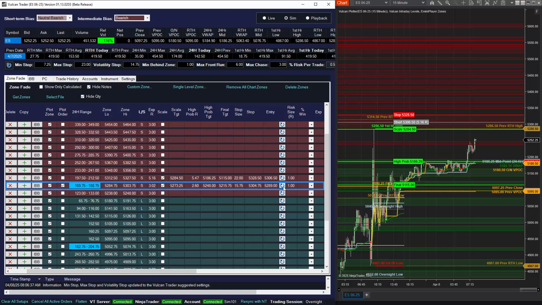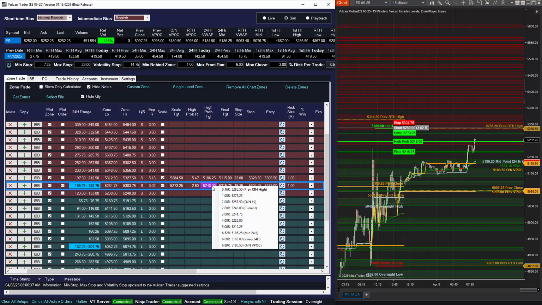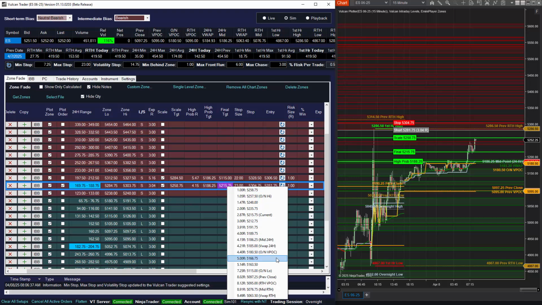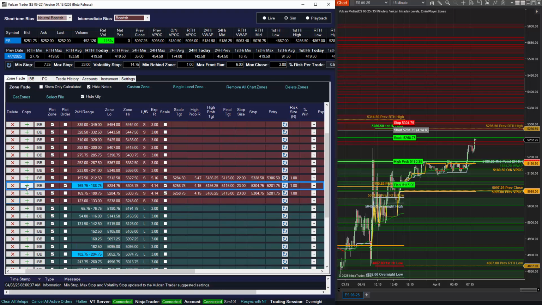And then at the initial resistance, we can also consider taking a short. And again, we are going to look for that move down into the aggressive support at 80.75 to 91.75. And again, we'll look for a move down into the overnight low. And based on that, you can see that even if we short it ahead of the zone, it would provide us with 4R. Now, one more thing that I'm going to do is make a copy of initial resistance, and